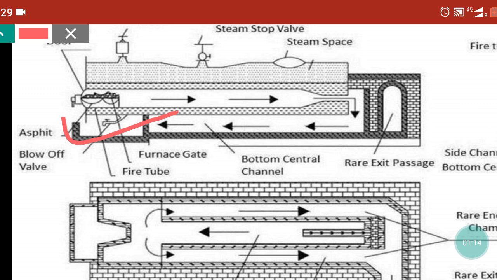Now the hot gases are flowing into the fire tubes, and the water surrounds these fire tubes. So now water is absorbing energy from these fire tubes and then it gets converted into